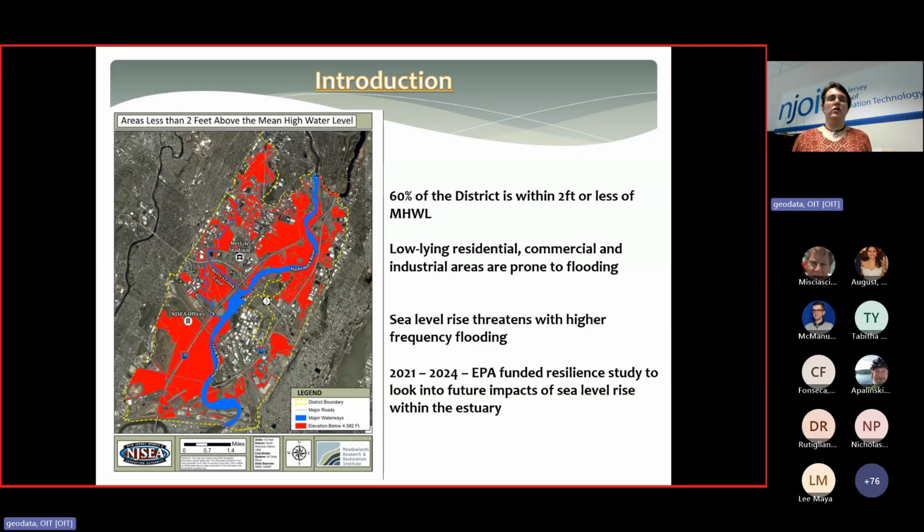It's an urban estuary. Low-lying residential, commercial, and industrial areas are interspersed with wetlands and marsh areas, and it is very prone to flooding. And with the impending sea level rise predictions, the flood risk is going to get even higher. So, as part of the EPA grant,